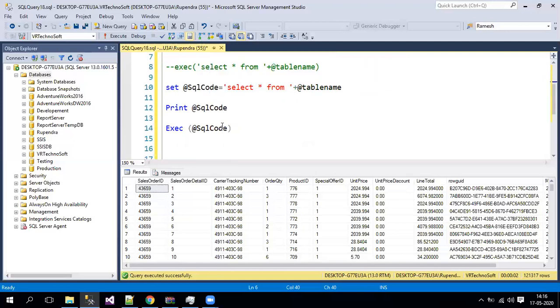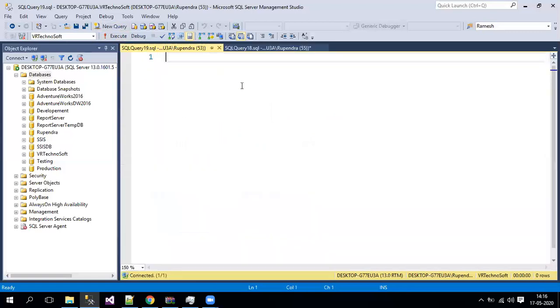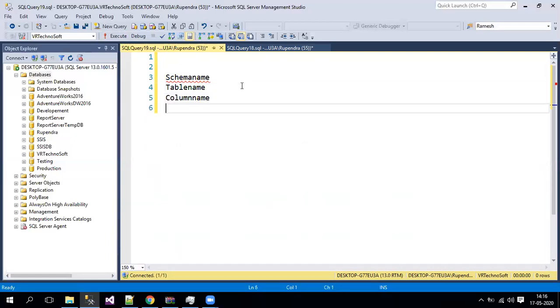Now we'll go for a simple example. My requirement over here is, for example, my client will pass, let's say, the schema name, and he'll also pass the table name, also the column name, whatever he requires, and also he'll pass values for my where clause.